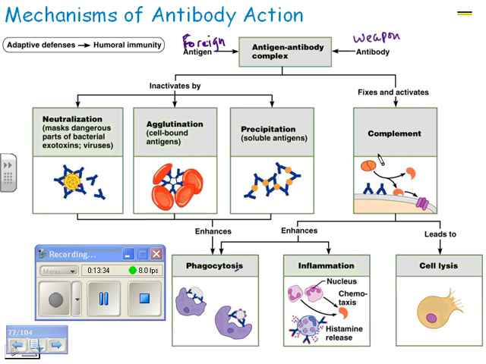Then there's the complement system, which means that antibodies will start a whole bunch of chemical reactions, and those will lead to inflammation. You think of inflammation as a bad thing, but inflammation is good because it brings a bunch of white blood cells to the area, and it brings more nutrients to the area so you can fight off the bad guy. And it can also lead to cell lysis, so it can kill the bad guy that's coming into you. So these are many of the different things that antibodies can do